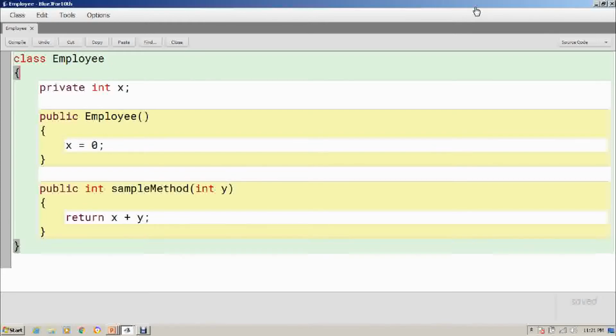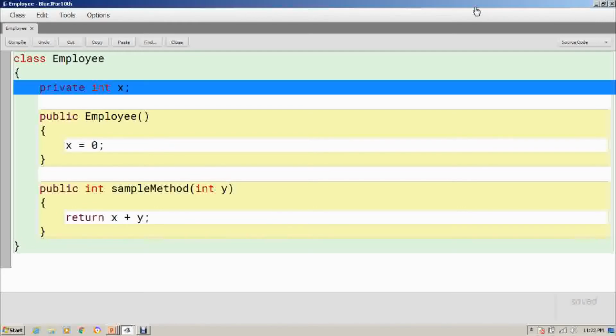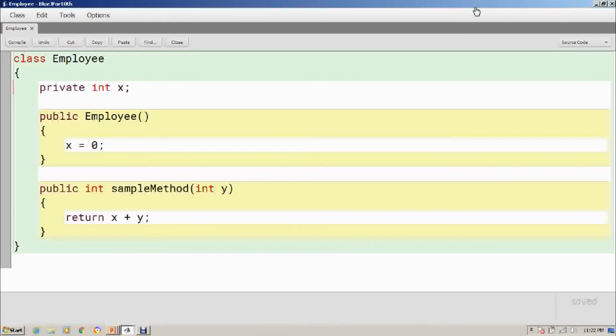If you enter this opening and closing brace of the class, which is highlighted right now, you can find a data member over there and private written in front of it. Again, this private is nothing but an access specifier, and until we complete that tutorial on access specifier, we will not use any access specifier with class name or with data member.